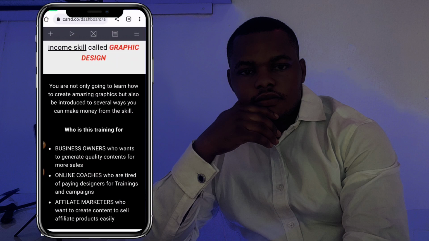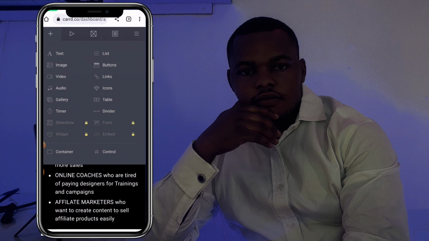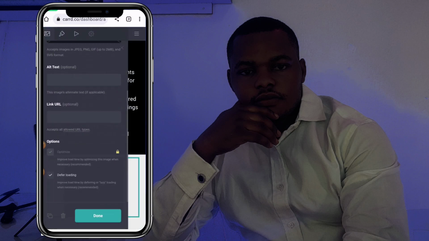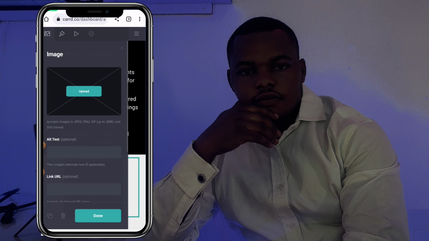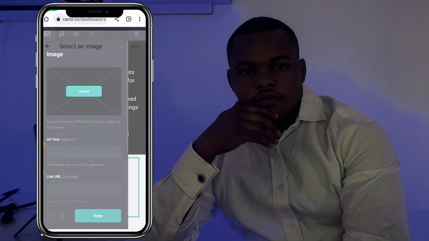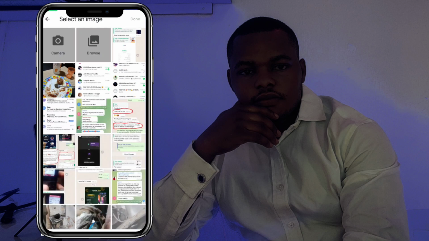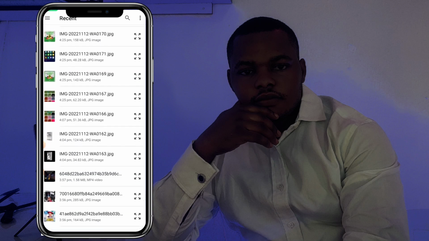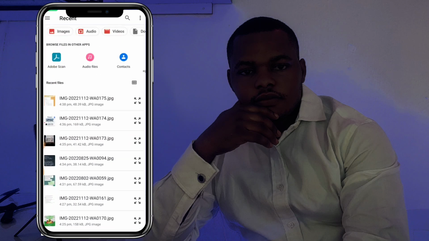How do you introduce the picture? It's very easy. Click on the plus icon, then click on image. It's asking you, do you have the URL of the image you want to upload? Upload it. It's very simple. Now if you try to upload, sometimes it's going to tell you that the image must not be more than